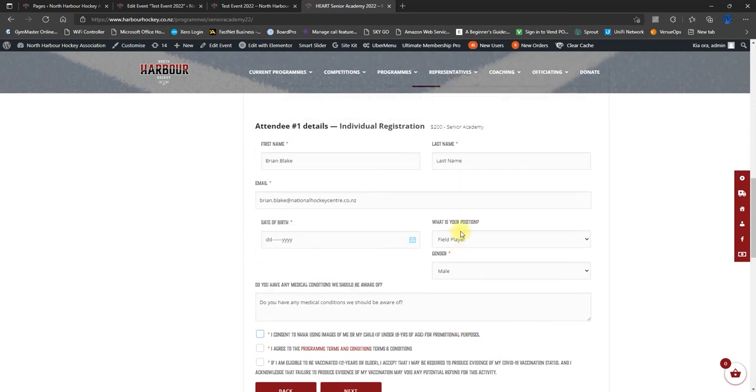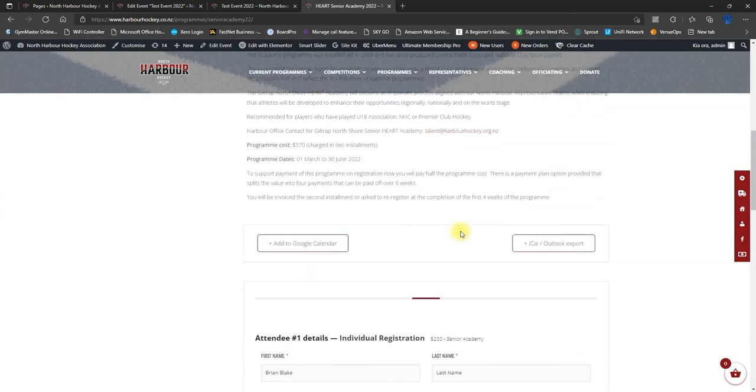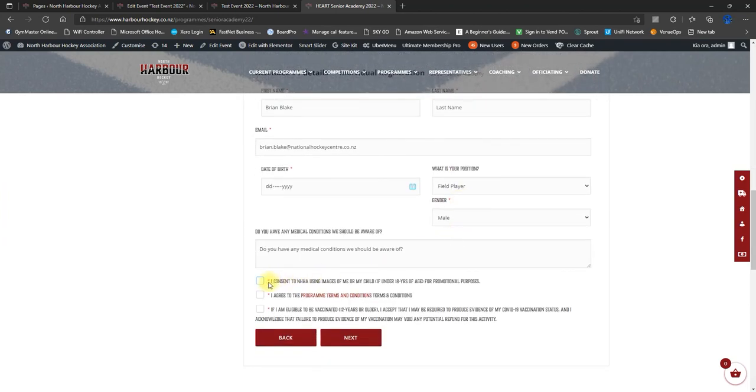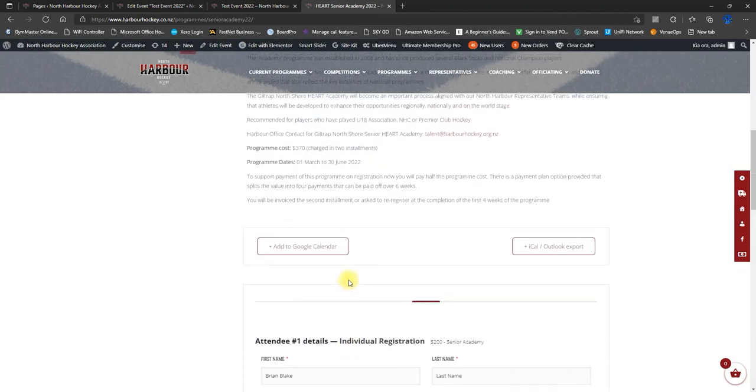One of the most important things that these registration forms do is they collect the consent to take photographs, the terms and conditions, and now, under COVID rules, the eligibility on vaccination. These are important because if due to COVID or for any other reason there is a problem, the terms and conditions are available to everyone to look at here, and we've got consent for taking photos of children if that's relevant. These can all be edited in the other video, which will show you how to do this.